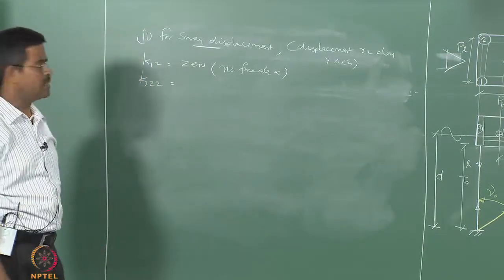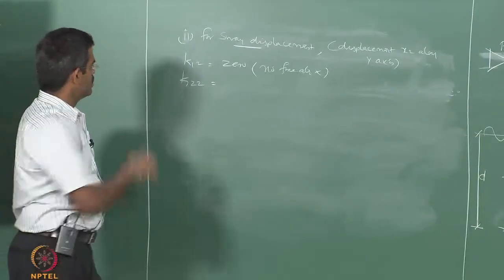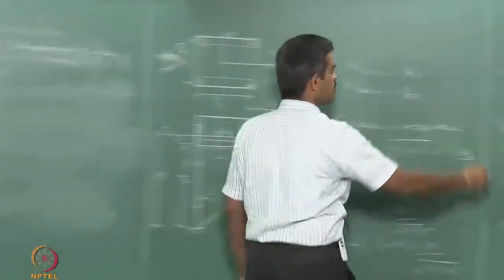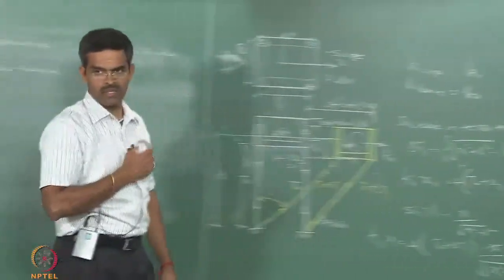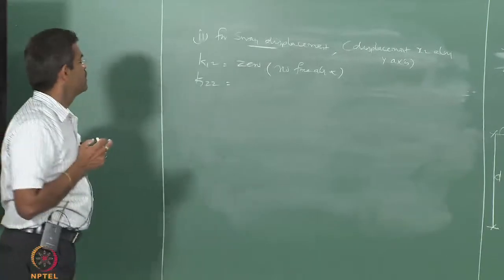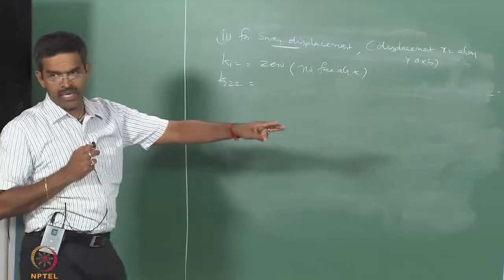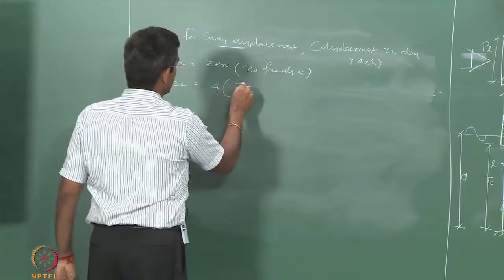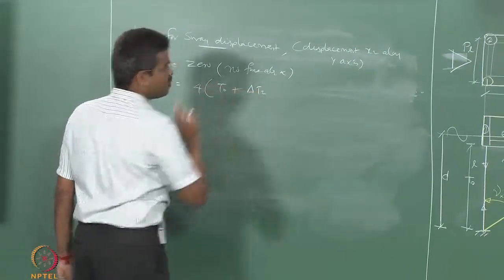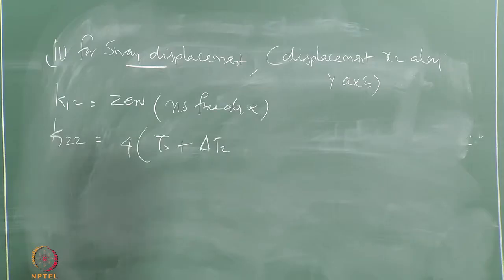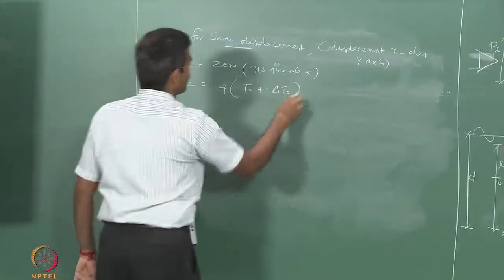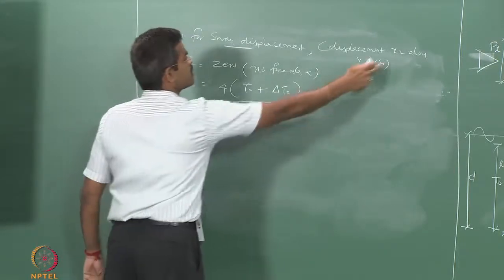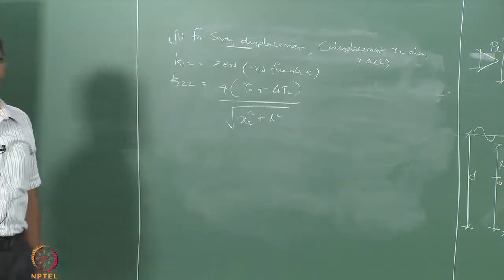There is a derivation fundamental in stiffness matrix. So, K12 is going to be 0, we can always see there is a symmetry, K21 was 0 and I am getting K12 back as 0. So, it is a full symmetry of the matrix. Okay. K22 is going to be similar to that of 11 except the nomenclature will change. So, I will use the same nomenclature there, 4 T naught plus delta T2, because I am giving along the y axis the second degree root of, instead of x1 I will say x2 square plus L square, because x2 is the displacement I have given along y, and so on.